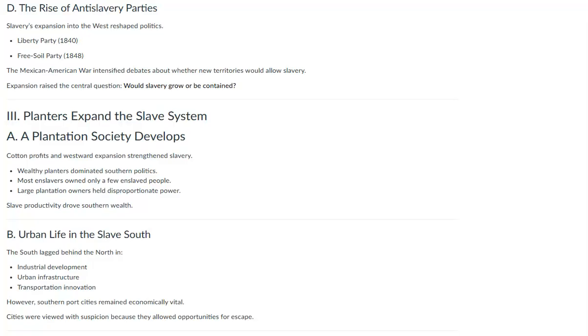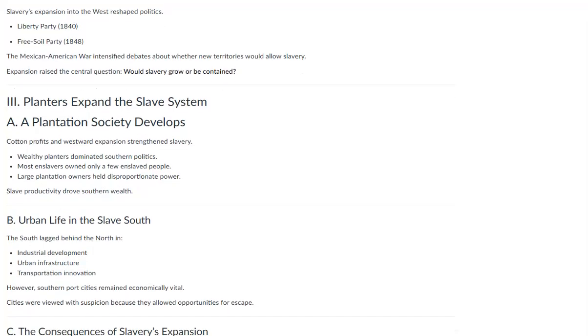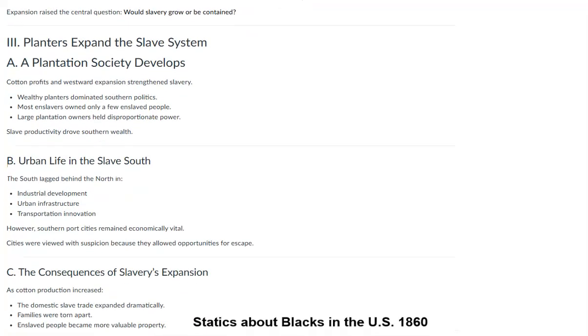Southern society becomes more tightly bound to slavery, and that plantation elite, that 5%, controlled all the political power in the South. And planters increasingly defended slavery as a positive good, not just as a necessary evil. And then the expansion of slavery reshaped the entire Southern economy, and it also is going to influence national politics. This was not a positive good. This was not good for anybody. The only people that it was good for were the white people who were getting rich off of the black people.